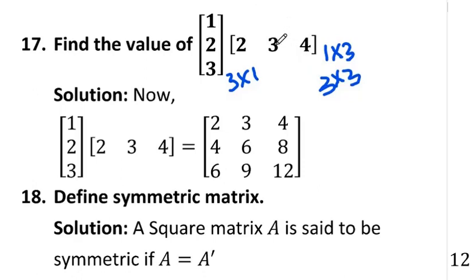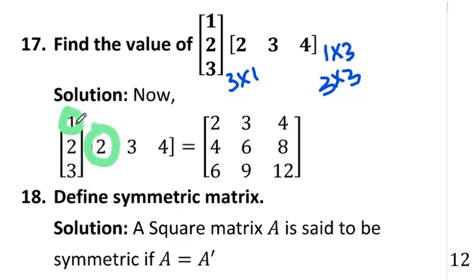Now you can find the product of the matrix very easily, if you write the blank matrix in the beginning, and you can observe this element you have to write, that is first row, first column. Now we have to select the first row. What is the first row here? This is the first row. And what is the first column? This is the first column. First row of the first matrix, first column of the second matrix. Multiply the corresponding elements and add them.